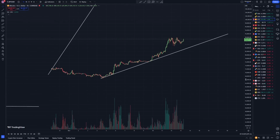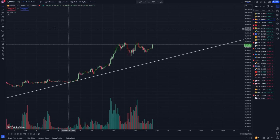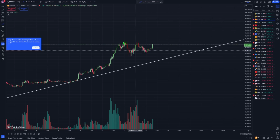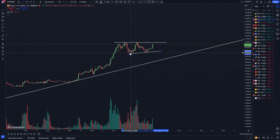If we go to the 1 hour time frame, kind of like Dogecoin, the other thing that we're looking at is we have a top, a bottom, bottom, something like that. Kind of looks almost like a double top right here. But let's go ahead and do that trend line, and then let's look at something like this. So if we could break that top,